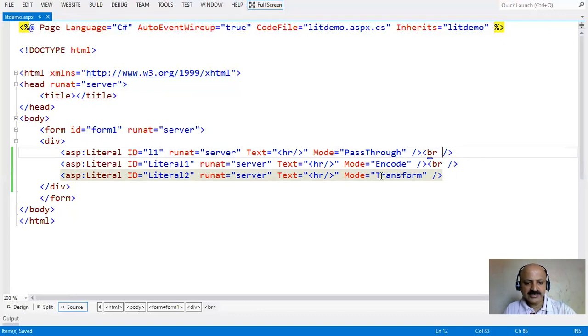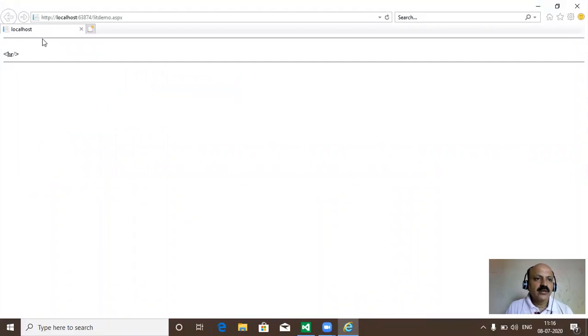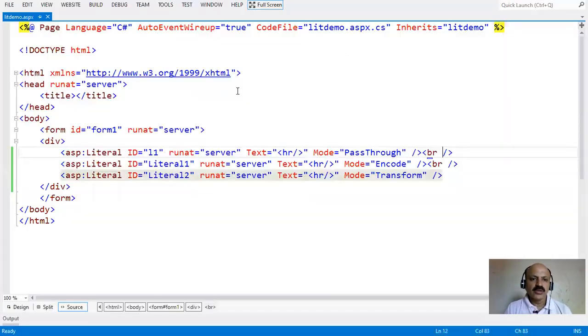Just Control S and run with the F5 function key. So here in pass through there is a horizontal line, here encode is converted, so the HR tag is displayed, and here transform does not support attributes, so that also gives the horizontal line. So that is the fourth difference.